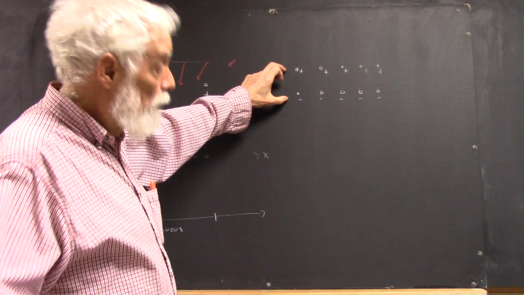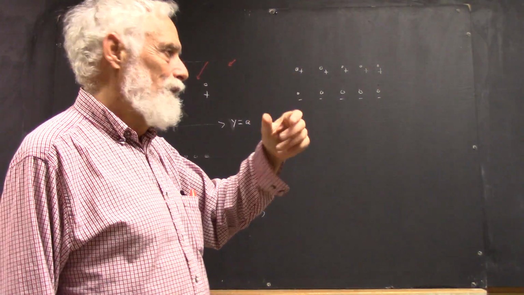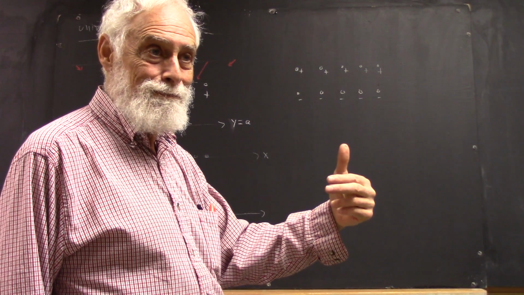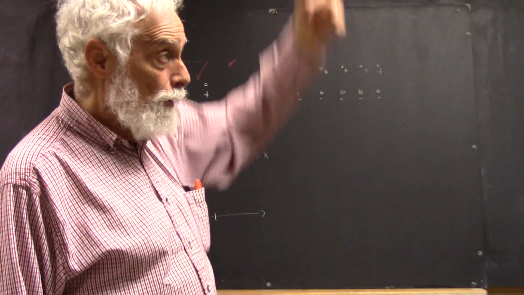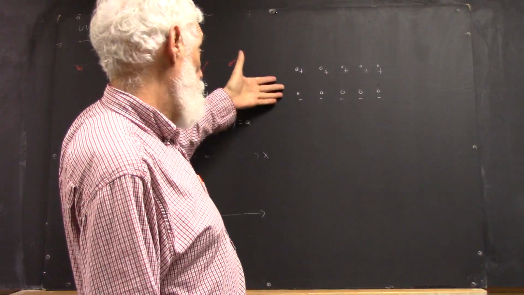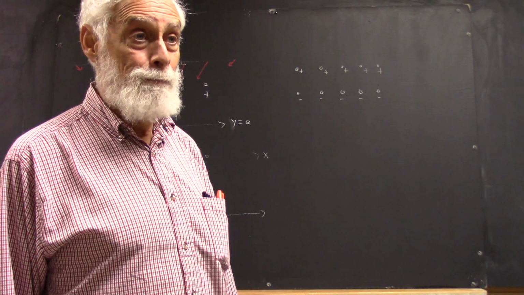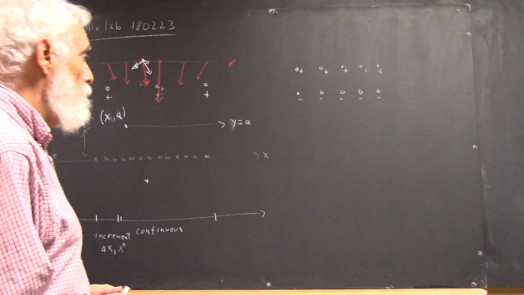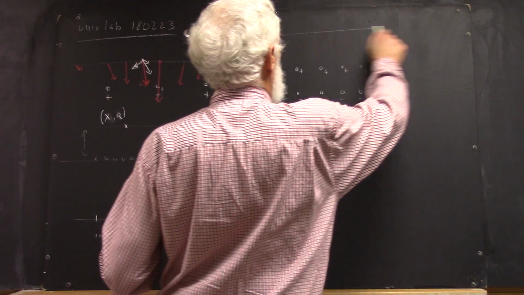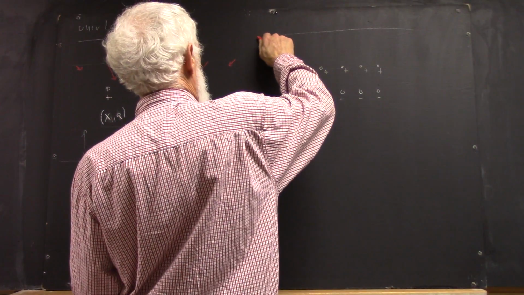Now, you had a problem for homework where you had electric charges at 0, a over 2 and 0, negative a over 2, and you're getting the electric field at different points along the y-axis and the x-axis. If you've done that problem, you'll understand how this works. The field falls off very rapidly. So in a sense, you have a point up here, or along a line up here, with an attractive field, a field toward your